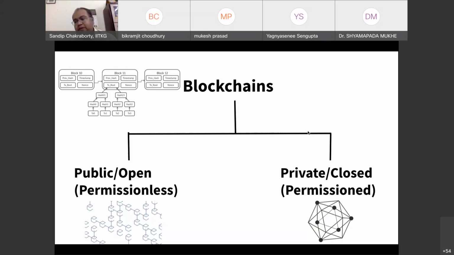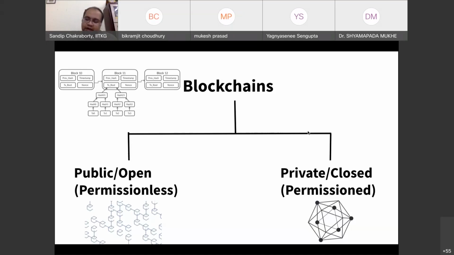Whereas enterprise networks are governed by the private or closed model of blockchain, which we call the permissioned model. So they typically use such a permissioned model of blockchain. In that model, we have a set of pre-authenticated and pre-authorized participants who participate in the blockchain-based architecture or services. Now, although the participants are pre-authenticated and pre-authorized, they can still behave maliciously. And for that reason, the idea of blockchain is applied on top of a closed network.